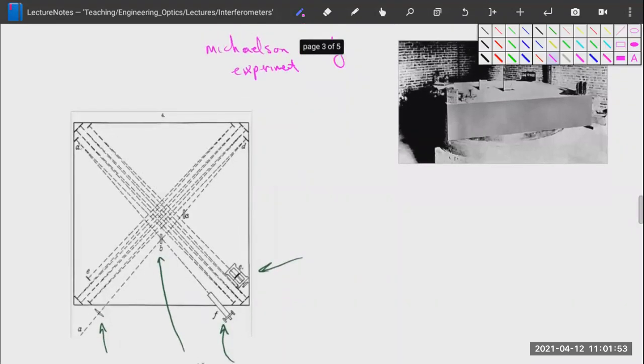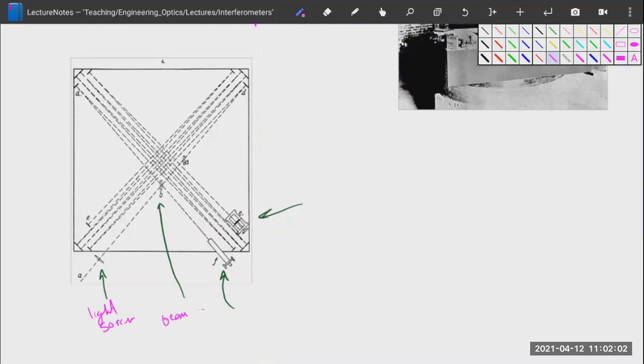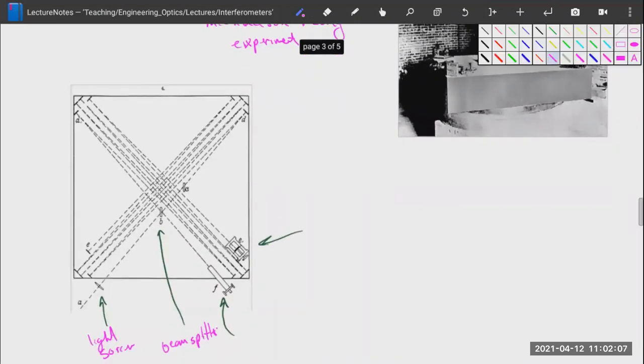But the basic idea of it is you have a light source coming in, a beam splitter, and then in order to make this measurement more sensitive, the split beam would bounce back and forth, back and forth, back and forth along each arm, before finally being recombined